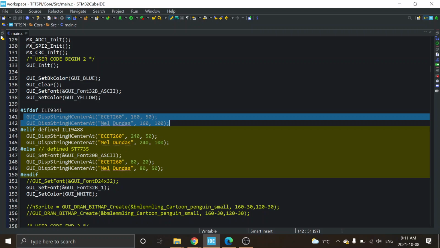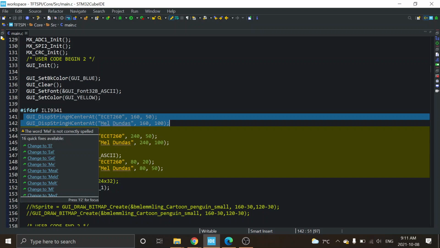Quite powerful. You can do something like debug. You might have long delays or something, and when you're testing stuff, you don't want it to run. Or again, if you have 2 different types of displays or 3 different types of displays, look at the difference in them here. This says GUI display string horizontal center at, and so I'm saying the screen is